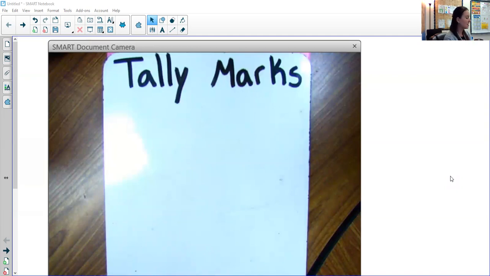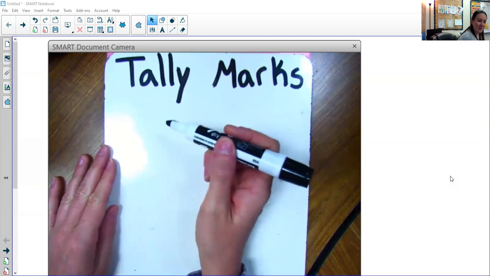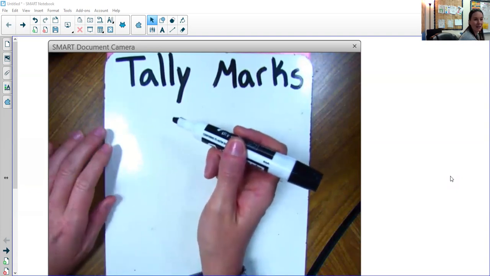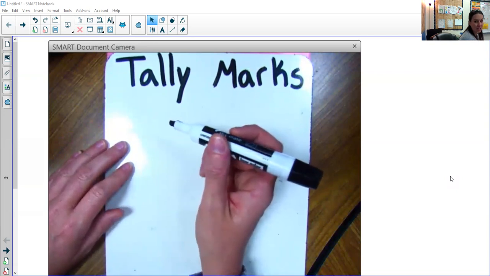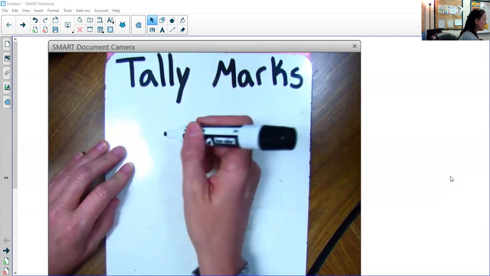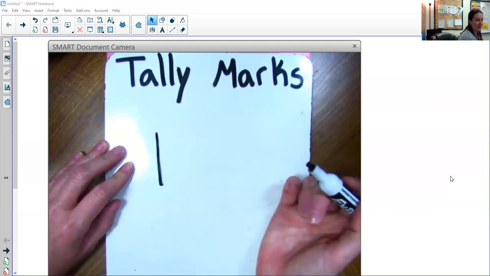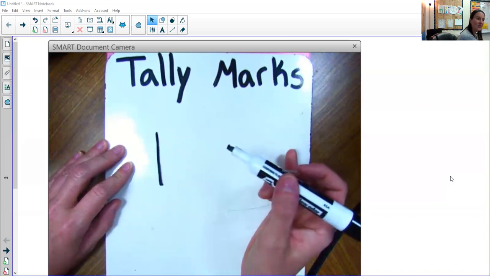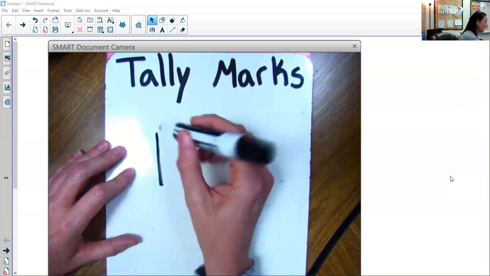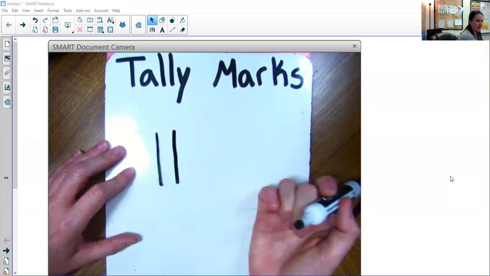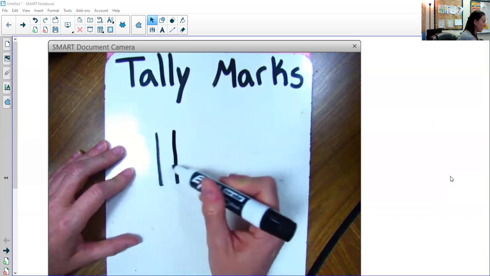So if I'm going to start with tally marks, I'm going to start by drawing a line. And tally marks always make Miss V think about a fence or a door that you have to close, and I'll show you why. So I'm going to start with my tally marks, and it's going to be a straight line down. That means 1. Hey, it looks just like the number 1. Let's keep going. 1, 2. Oh, that's not the number 2, but it's 2 tally marks. 1, 2,